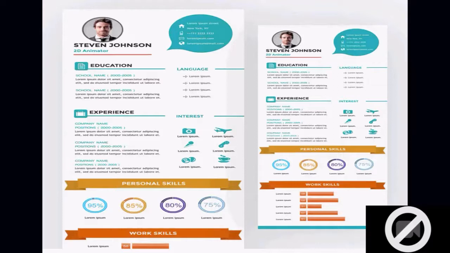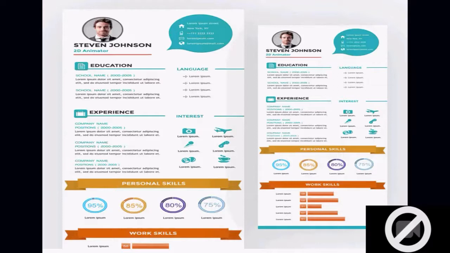The first one is PictoChart, and the second one is Canva. The third one is Infographia, and the fourth one is Animaker.